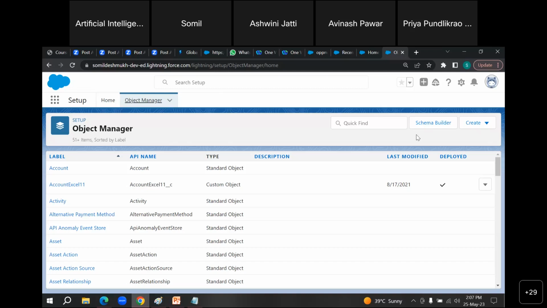What exactly is a Sales Cloud, what exactly is a Marketing Cloud, and what exactly is a Service Cloud, or a service application. We would be going through all those flows, what exactly is required in CRM.